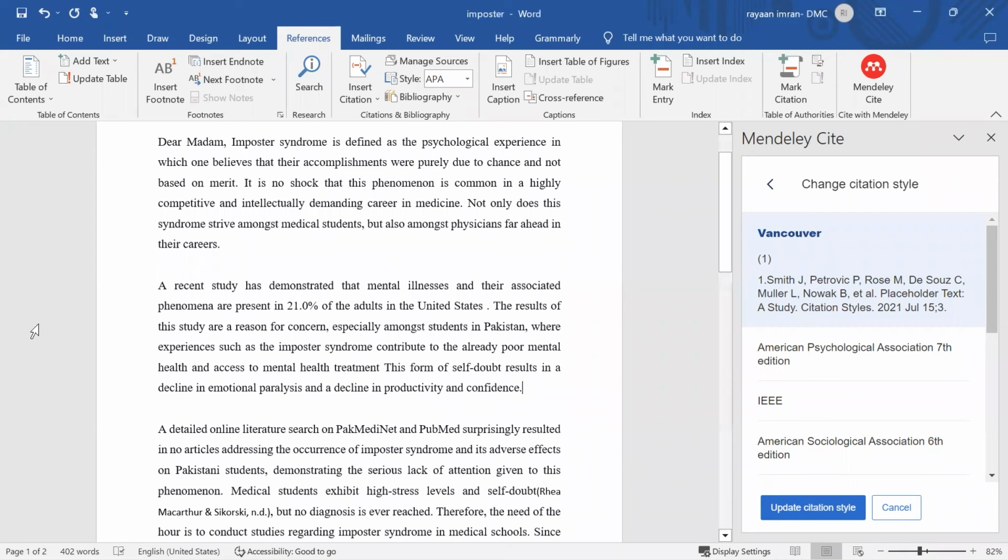Okay guys, so we are back. We're back with the Mendeley part. I will repeat this entire thing one more time because I think some students are a bit confused about it, so don't worry about that. A very brief overview of it.